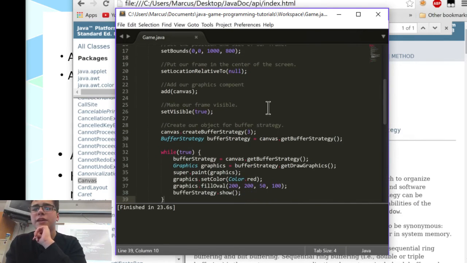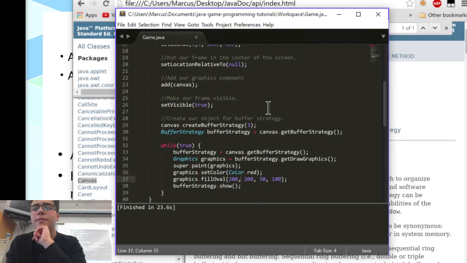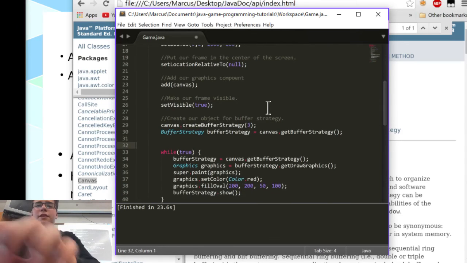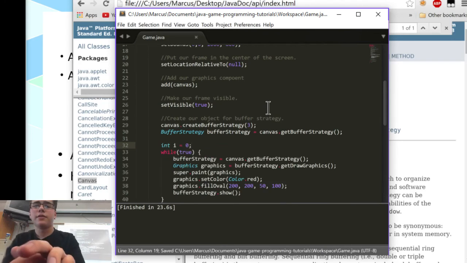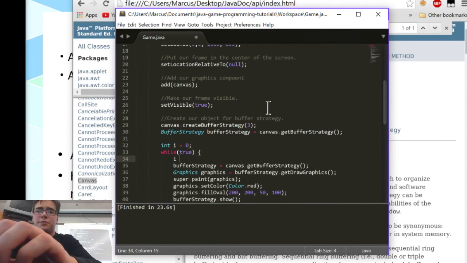So this does the same thing, but in a way that it automatically repaints every frame. And to test this out, I'll just do int i is equal to 0. It's just a random variable, the reason I'm calling it vague is because we're going to delete it soon. We're going to just do i plus plus.